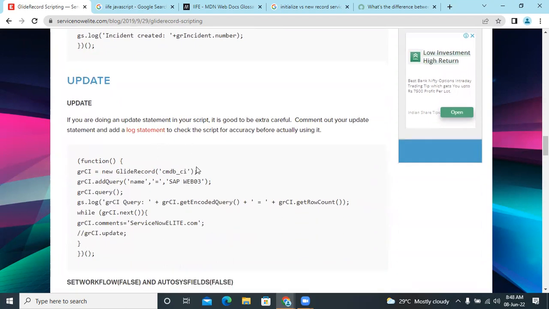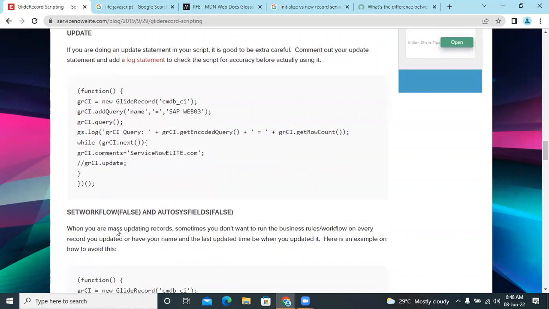Whenever you want to update something, in order to update that particular record through the code, we have to get those records first. So in order to get those records, we have to use addQuery, and we can get each of the records. For example, we want to update the comments: gr.comments equals something, and then we can update. Before updating something, you can just keep a log and check whether you are getting the correct